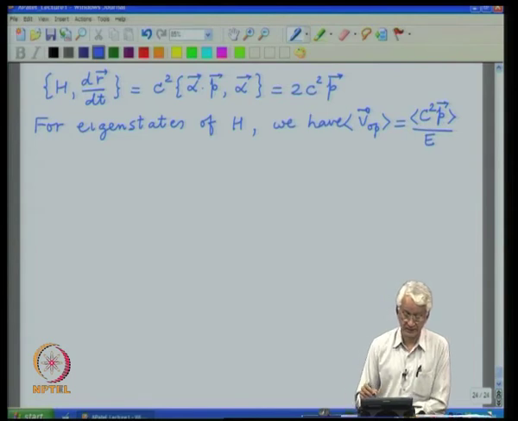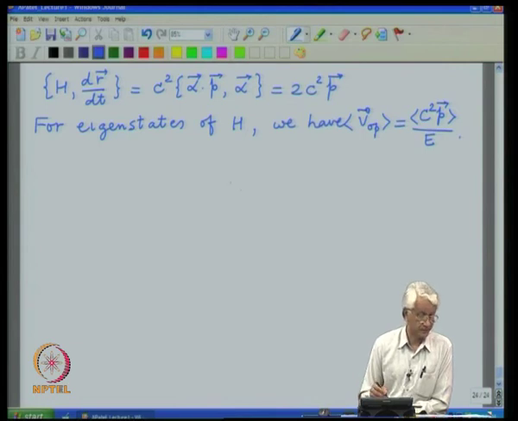The only thing is it is necessary to associate the expectation values of the velocity operator to the momentum and not the operator directly itself. So, this is one of the caveats which appears in Dirac's equation, and we just